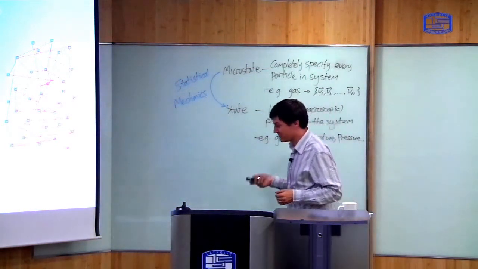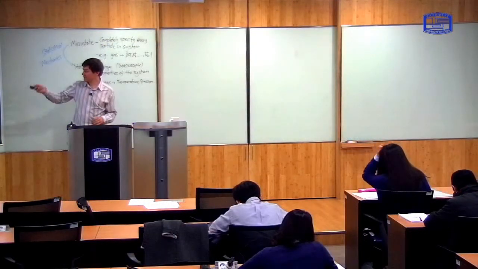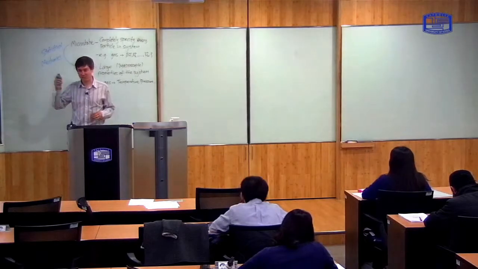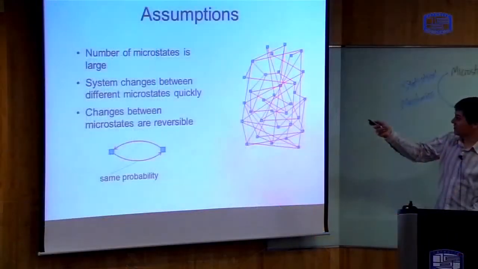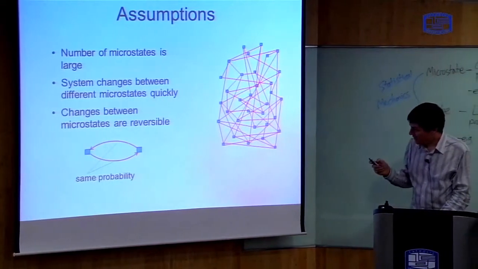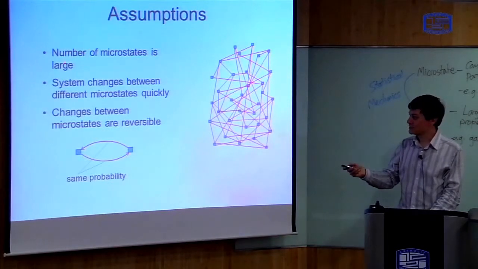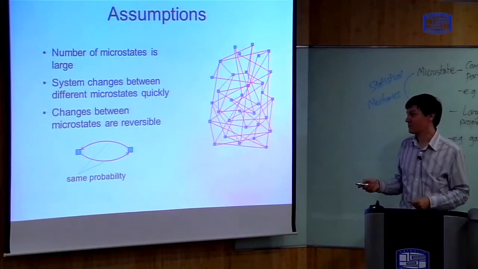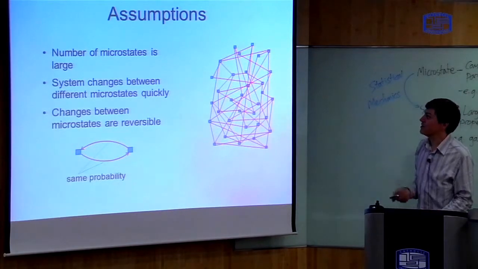Now, critical to this is the point on the last slide here. If I have a network which looks like this, and we assume that this is a reasonable model of any kind of system, where there's a large number of points and I scatter between them, if these three things are true: the number of microstates is large, the system changes very quickly each time there's a collision, and the probability of going both ways is the same, then